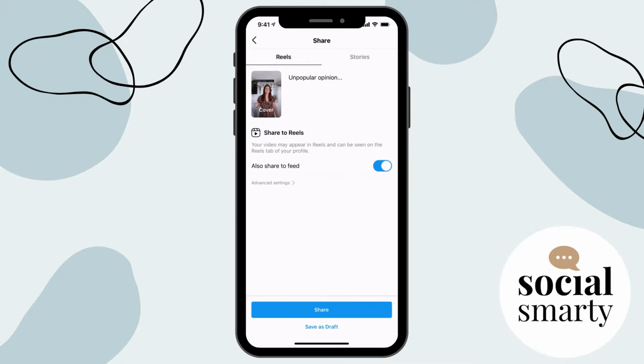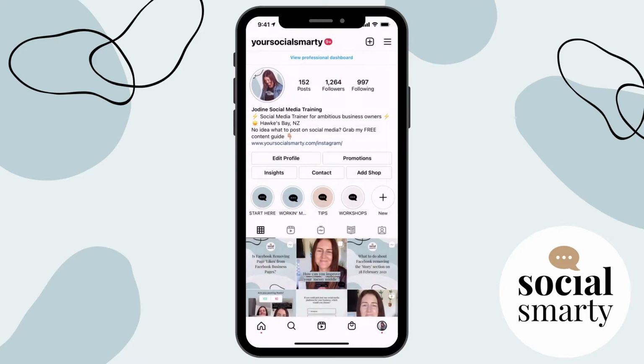Now, you might get this far and then think, oh gosh, it's so late at night, I might not post it now. So in that case, you can just click on save as a draft. The other thing is that being able to save as a draft means that you can batch your reels. So you might spend an afternoon creating half a dozen reels and then drip feed them out from your drafts, I don't know, a couple a week or something like that. So if I click on save as draft, cool.